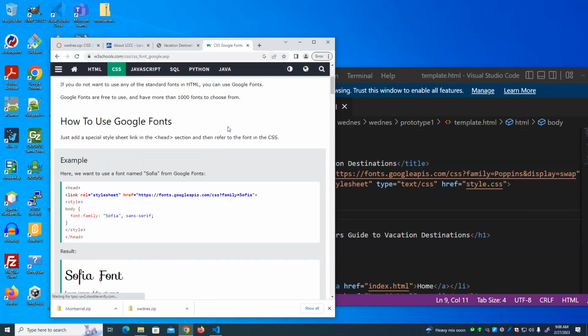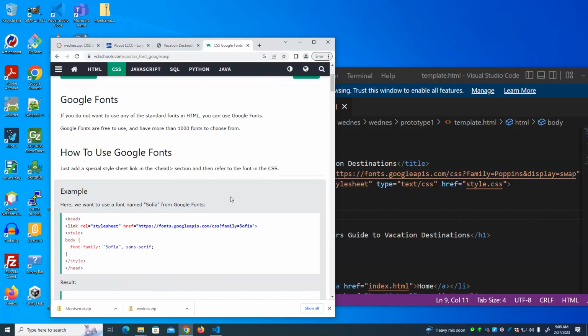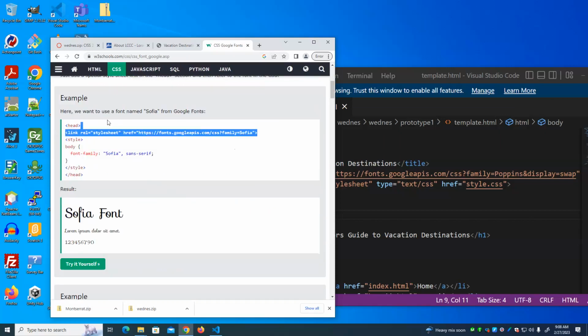What we actually get is we can get from this a link that tells us the font that we're going